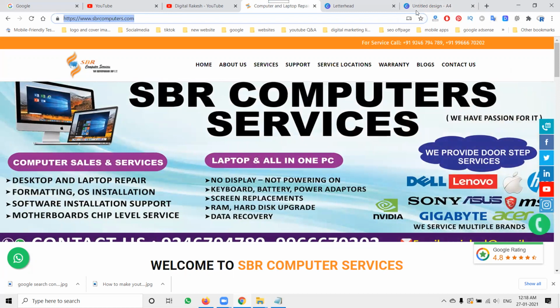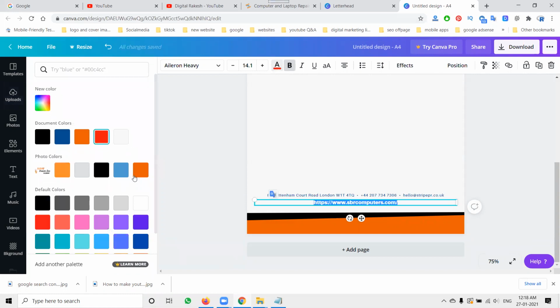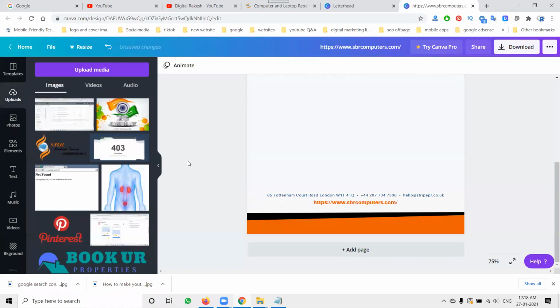So we can select here, and add the address here. You can change your color also. We can use the logo colors, as usual, for the logo option. I'm adding the address here.